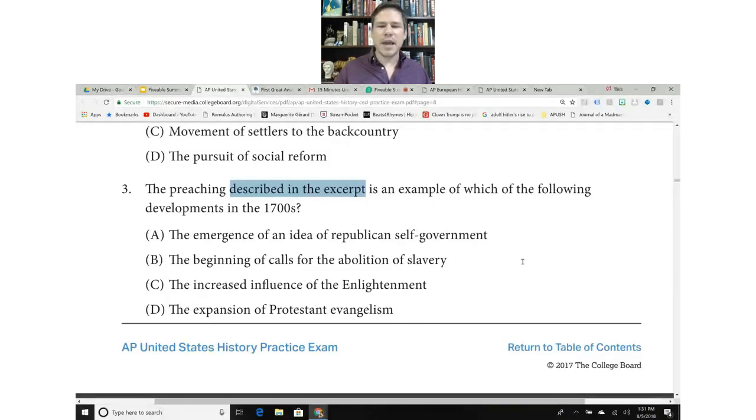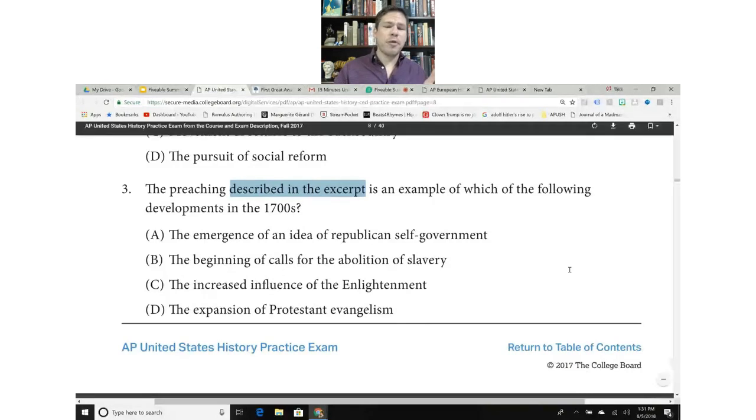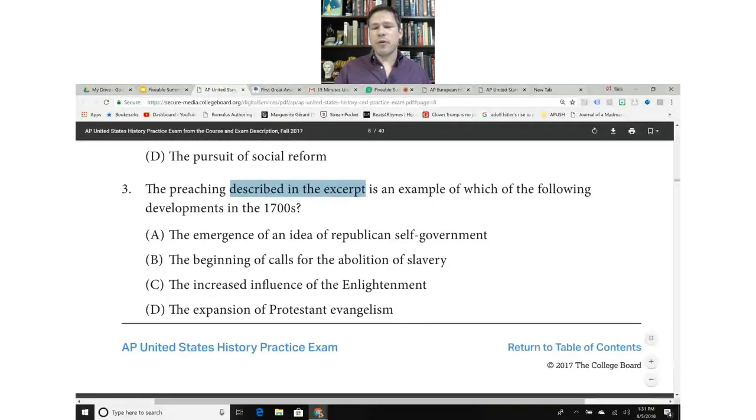It's kind of like AP Government on the AP Government exam. In the past, you have tables that students have to analyze to get certain things right. But I always told my students that the table is never going to have anything that's not correct. And so the more that a student understands about political demographics and stuff like that, they're going to know what's in that chart already. And it's seldom new information. So the thing is, the preaching of the First Great Awakening.